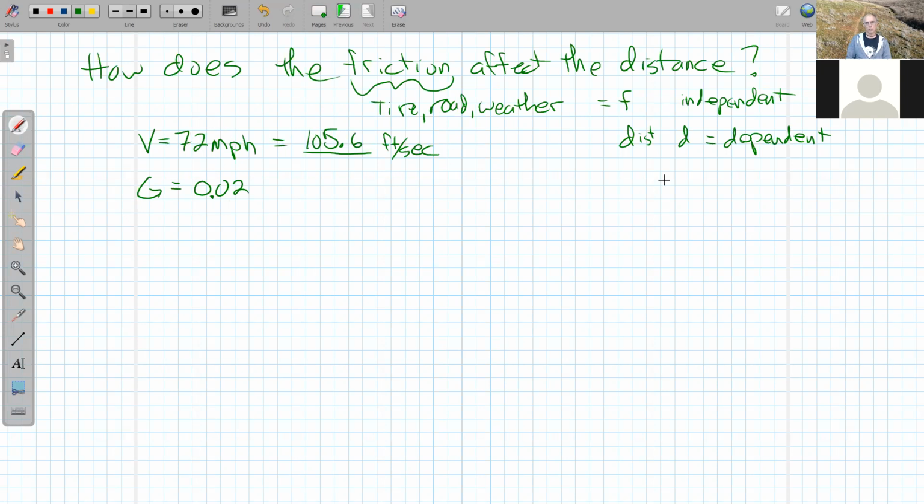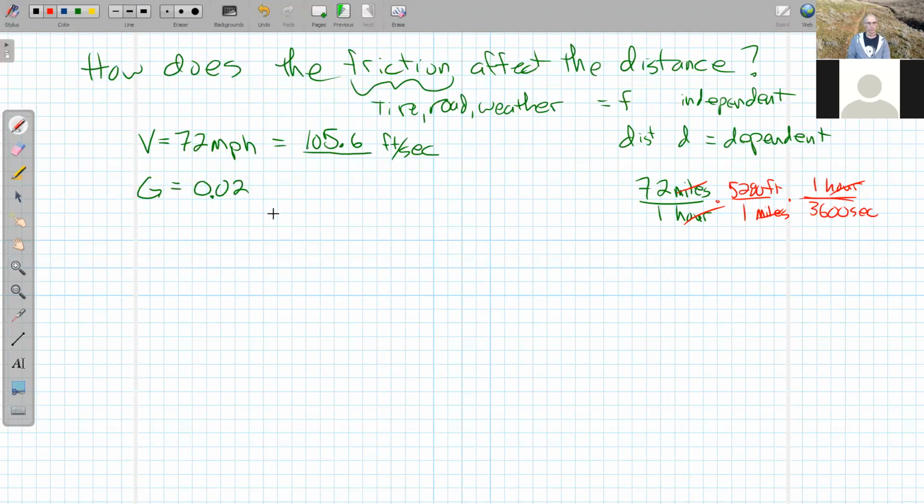And if you forgot how we did that before, just a reminder: 72 miles per 1 hour to convert to feet per second. We got rid of miles by noting there are 5,280 feet in 1 mile, so miles goes away. And then to get rid of hours, 1 hour is 3,600 seconds, and that gets rid of hours. So if I just take 72 times 5,280 and then divide by 3,600, that's what my spreadsheet did to get